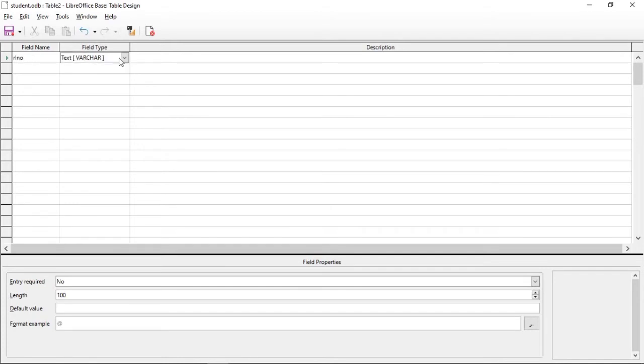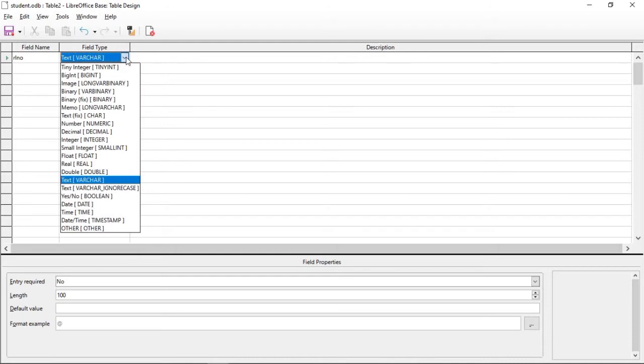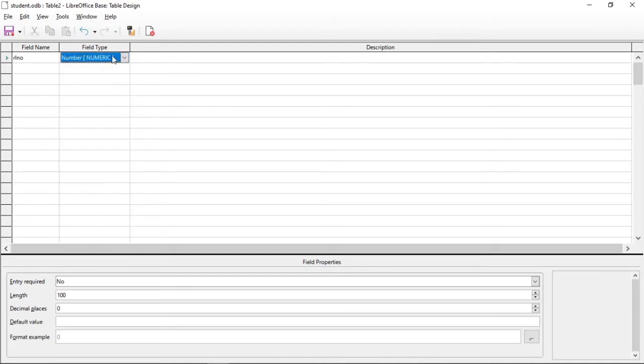Here we have to mention a data type. You can keep it as text, or you can have another data type that you want. Suppose roll number will be in numeric form, so I am selecting the type of this field as number. Then in the description we have to mention a description about this field name.